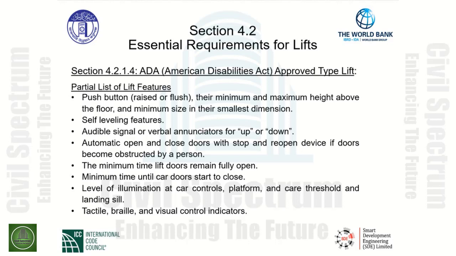Self-leveling features are indicated, as well as audible signal or verbal enunciators for up or down, indicating automatic open and close doors with stop and reopen devices if doors become obstructed by a person, as well as the minimum time lift doors remain fully open, and the minimum time until the car doors start to close. These are critical settings that must be